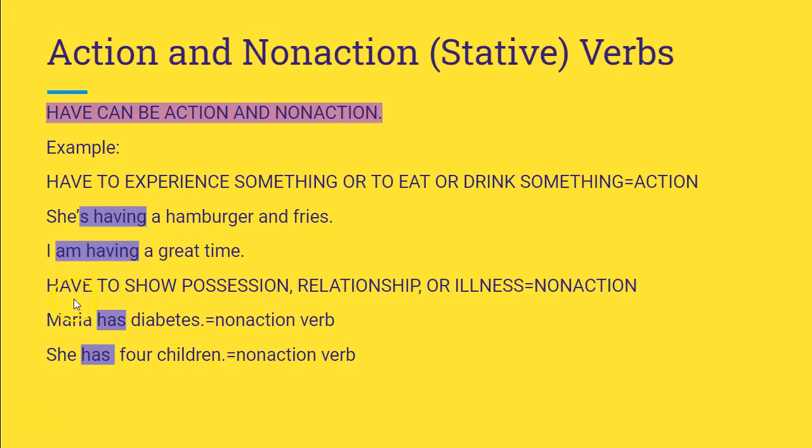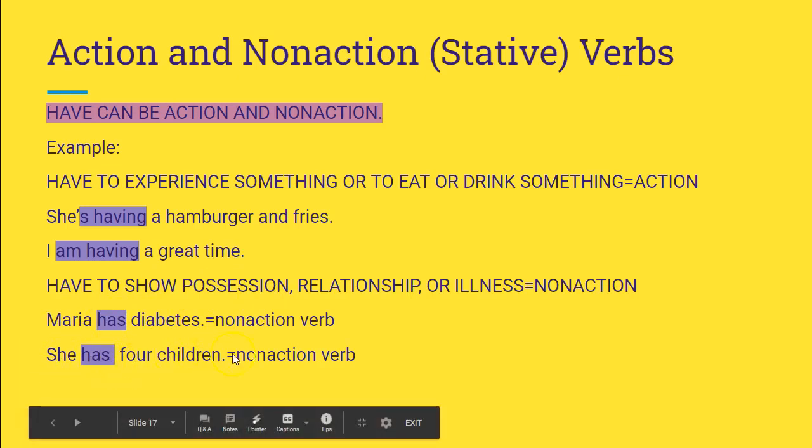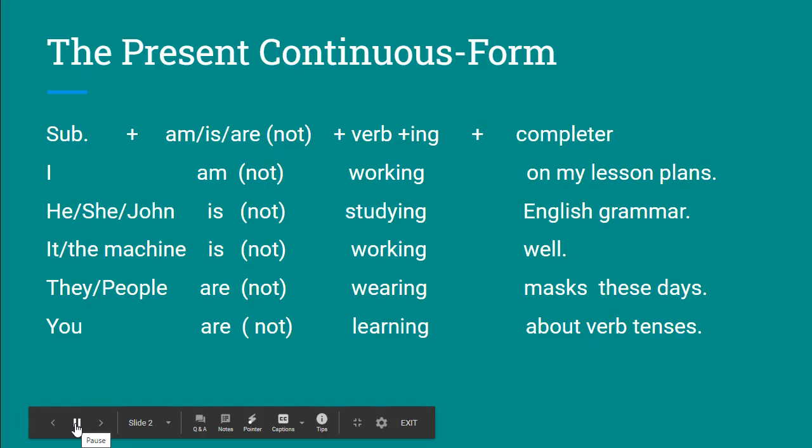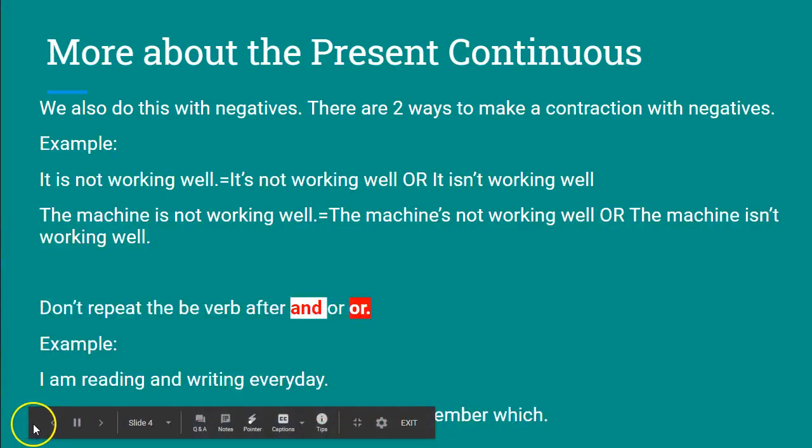Okay, but if we use have to show possession, or ownership, relationship, or illness, then it's non-action and we have to use simple present. For example, Maria has diabetes. Okay, illness, non-action verb, simple present. She has 4 children. Possession or ownership, right? Non-action, simple present. Okay, everyone. So that is more about the difference between present continuous